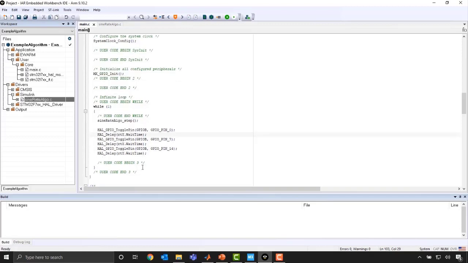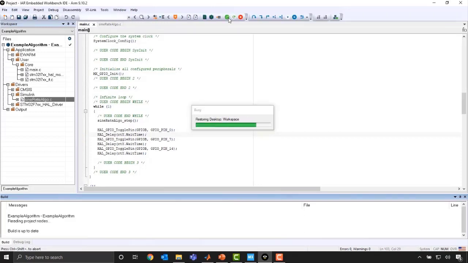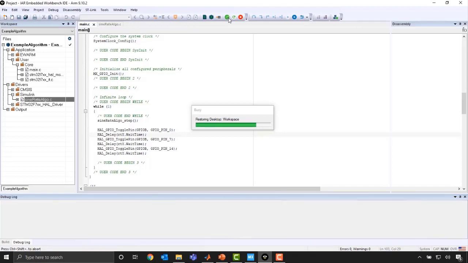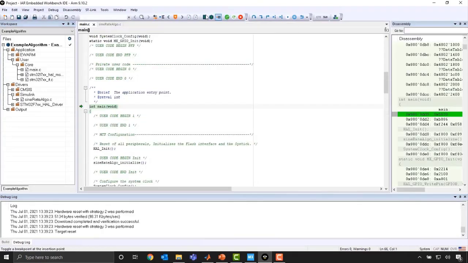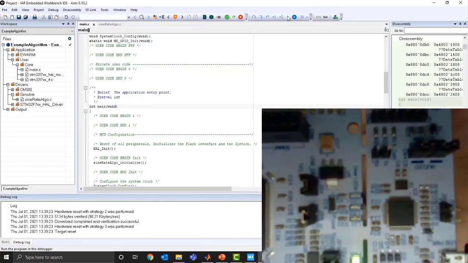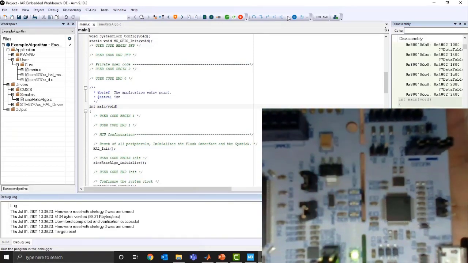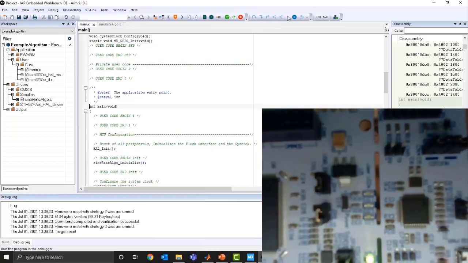Once we have this all set up, we should be able to try actually using this code. So we'll go ahead and try to make the code. You'll see we have no errors, build successful, and then we can actually get this onto the STMicro Nucleo processor here. So we deploy it, everything's set up, and then we can go ahead and hit go. This is going to start the code. And what you should see now is the LEDs are blinking, and I'll just hold this here. As time goes on, they're going to slow down, and then eventually they should start speeding up. So the duty cycle of these LEDs is being controlled by that sine rate algorithm that we created in Simulink.